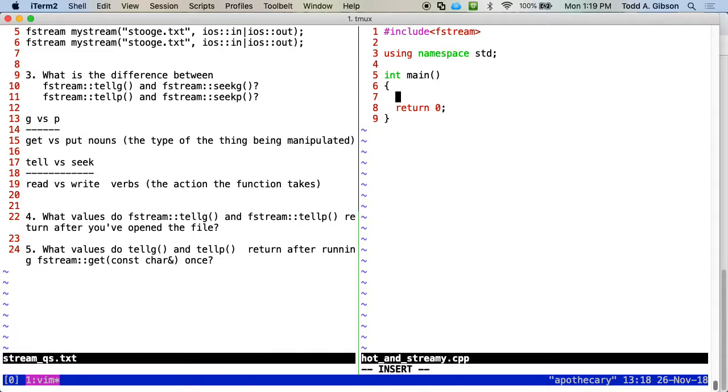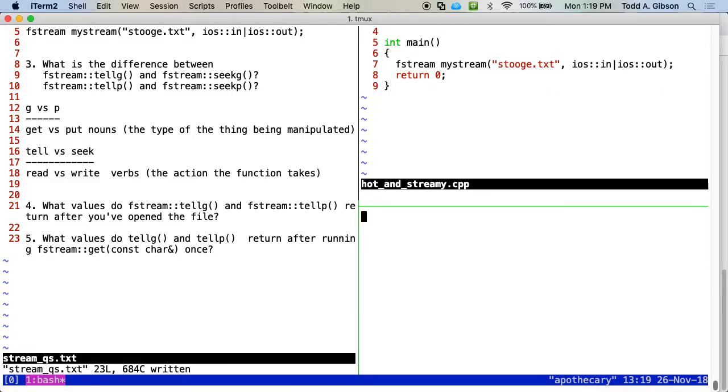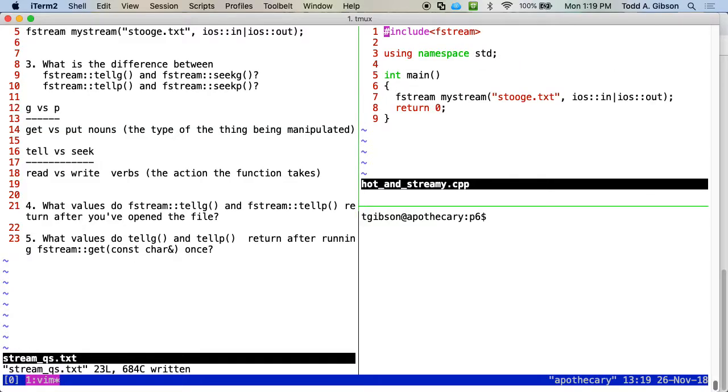Go ahead and borrow, get rid of one of those. fstream, my stream, stooge.txt. And then I think what I will do is a courtesy compile to make sure I don't have anything wrong here before continuing.